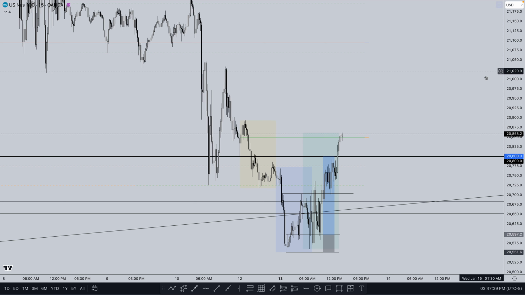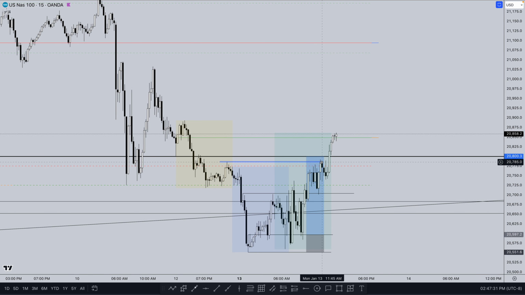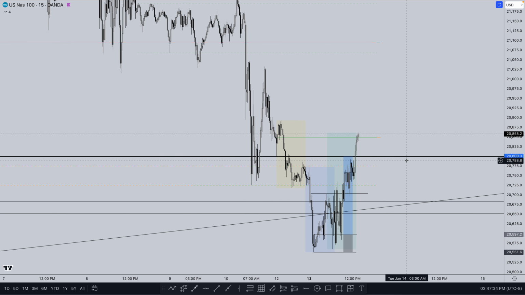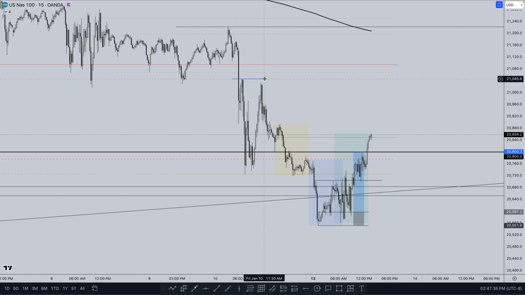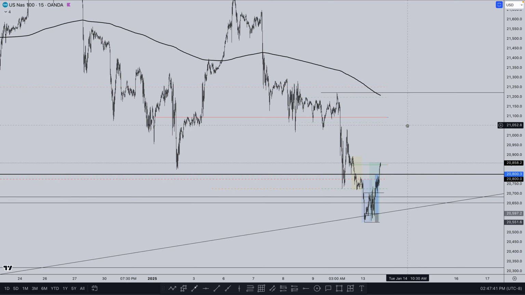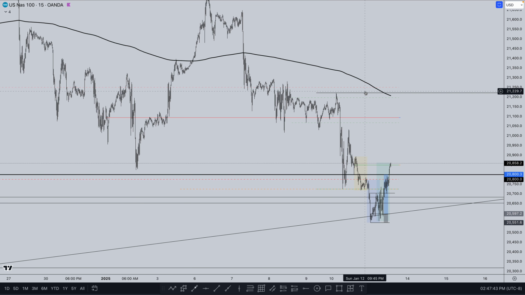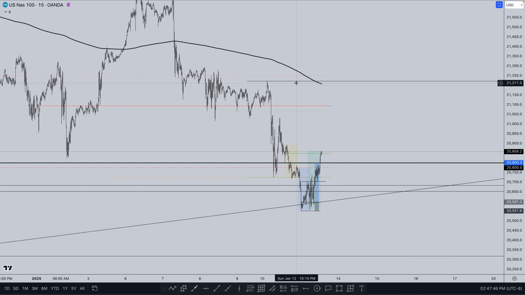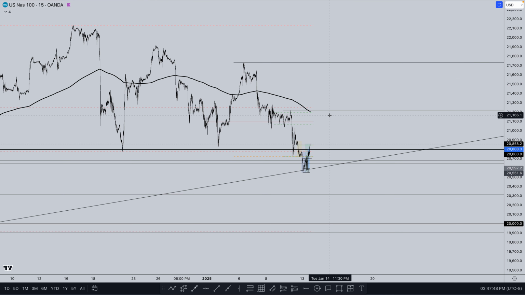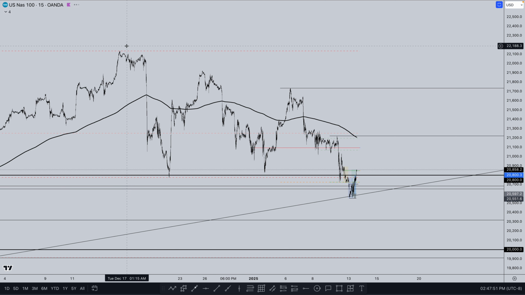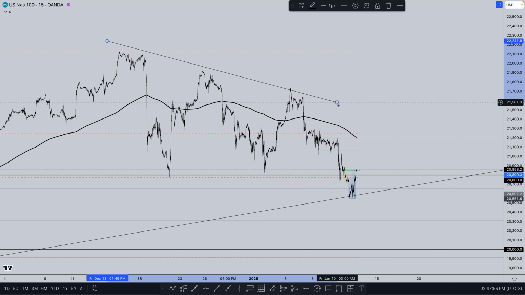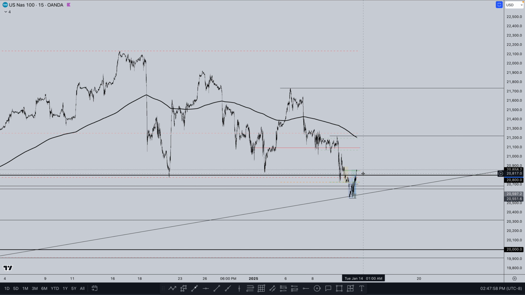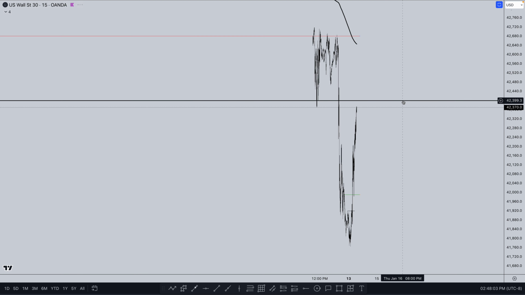But yeah, right now we closed above these highs. We closed back above 20,800. Closing above these would be good. But this is that daily high. That'll be clean. But we'll see, because it's been building so much liquidity up here with those, and price could easily just go crazy.